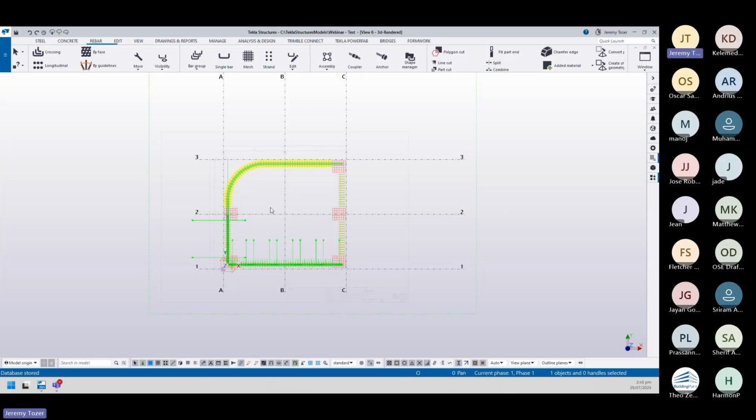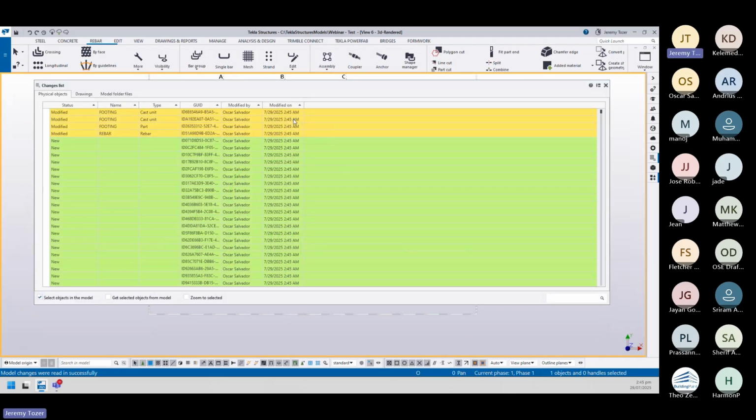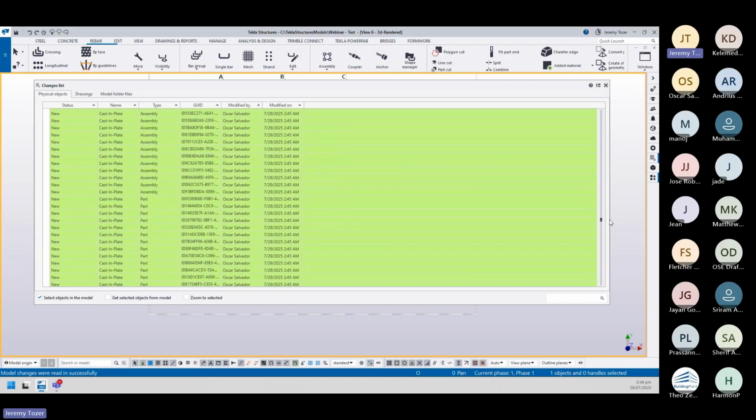So there you can see what's been added. It changes the color of things that have been added, so you can see it quite clearly. And it also gives you this list here of everything that's been either modified or added. So if it's been modified, it comes up yellow. If it's been added, if it's a new item, it comes in green. So you can scroll right through that list, and there's quite a lot Oscar's put in there, from rebars to